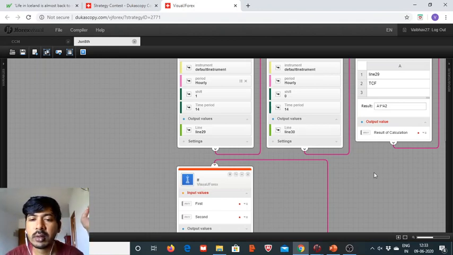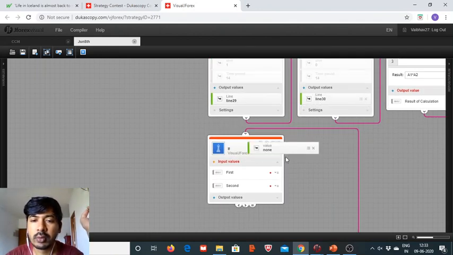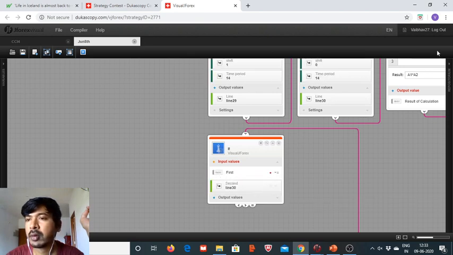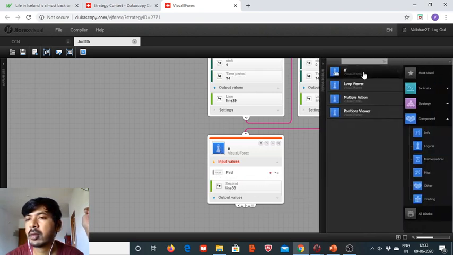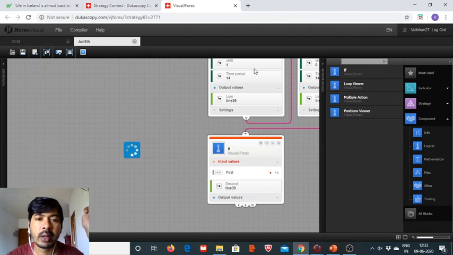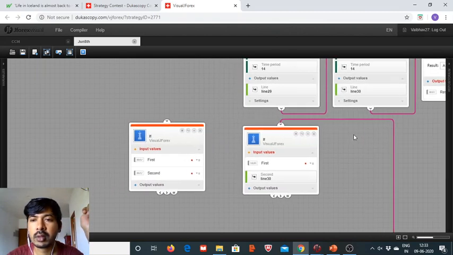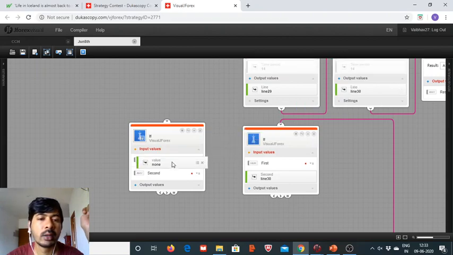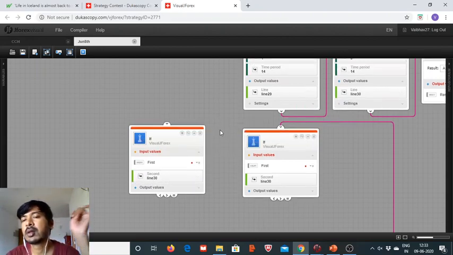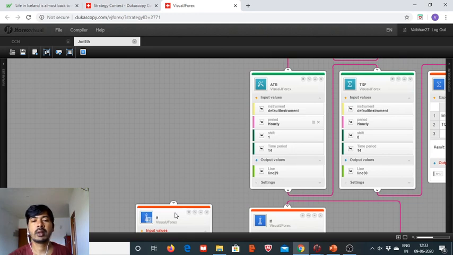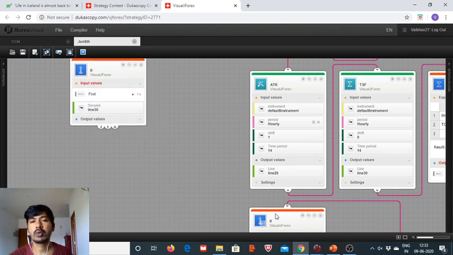So here we are going to do the comparison, and for that we want the line 30 level, and then we look at the candle closing